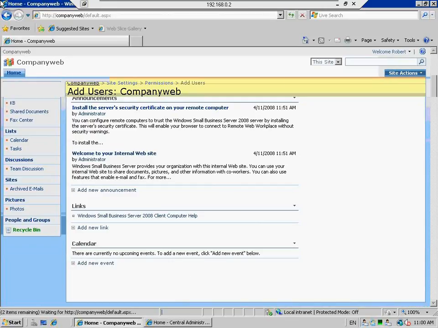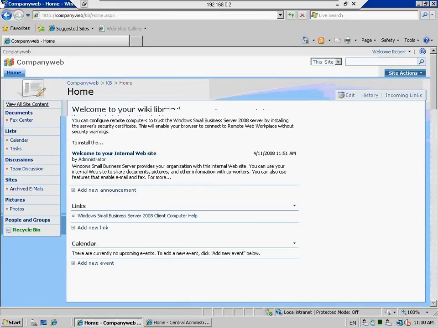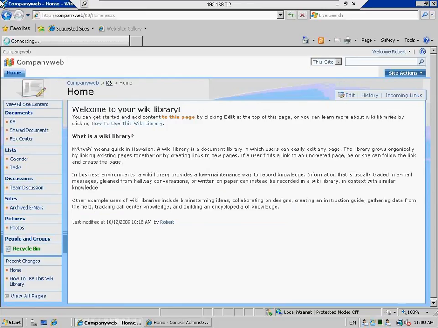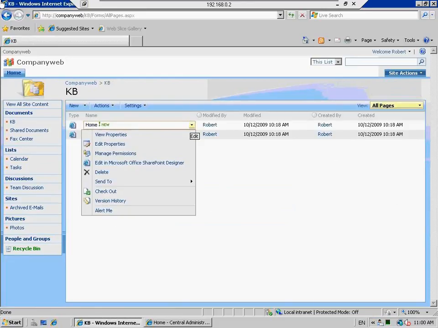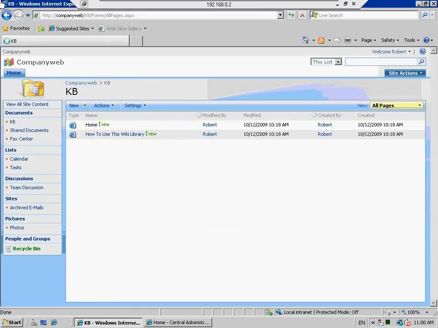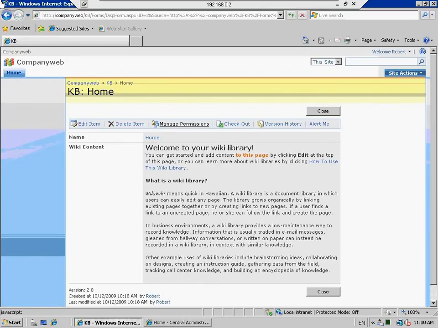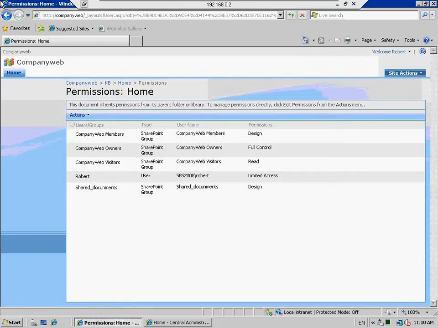So, having a quick look at the knowledge base, you'll see that each item, I can view the properties and I can manage the permissions of this individual item. At the moment, this document inherits permissions from its library. To manage the permissions directly, you can edit them. So what if I go, for example,